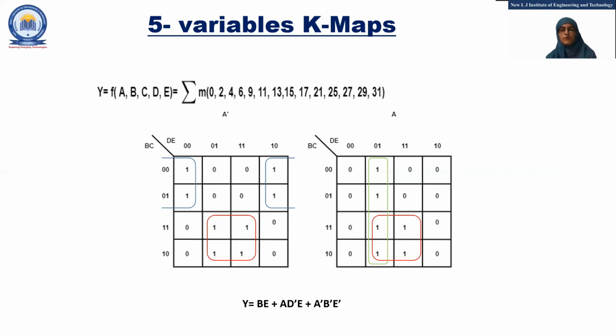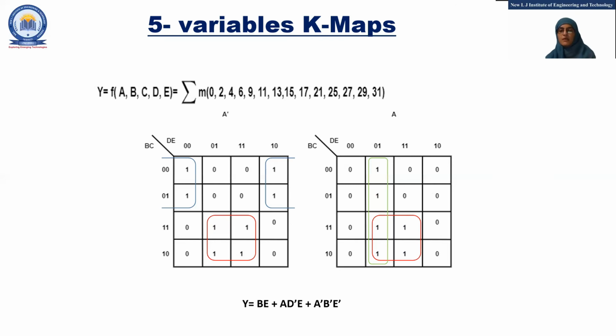Now from these both K-maps, no overlapping terms are present. So we have to consider the individual K-maps and write the answer for each. From the first K-map, which is the K-map of A bar, the possible quad is B bar E bar. Here, this is the individual K-map of A bar, so we have to consider A bar. So the answer will be A bar, B bar, E bar.